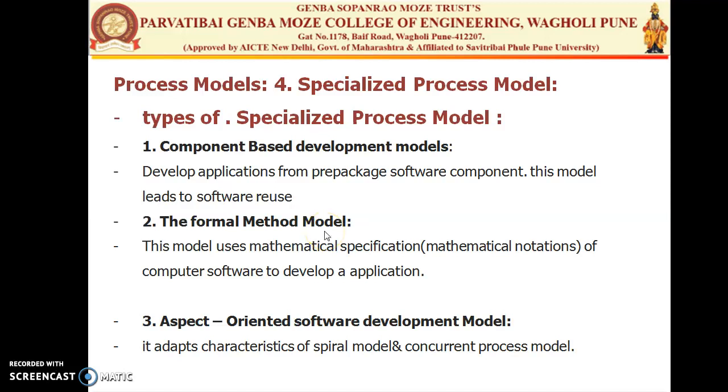To address this particular problem and make the program easier to maintain with good reusability, aspect-oriented software engineering is used. The important benefit of this approach is that it supports the separation of concerns into independent elements. For example, user authentication can be represented as an aspect that requires the user login name and password, which can be used in the program wherever user authentication is required. So this is about aspect oriented software development.